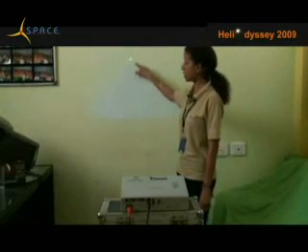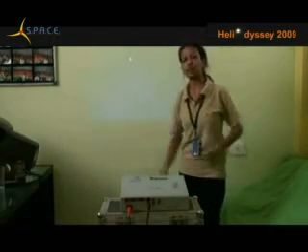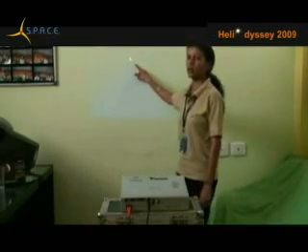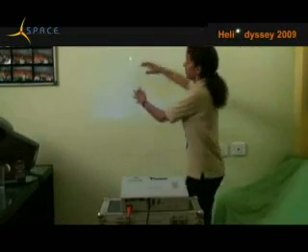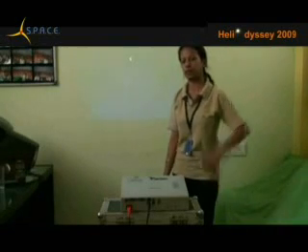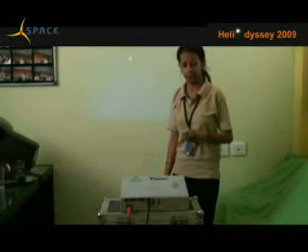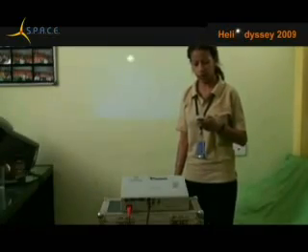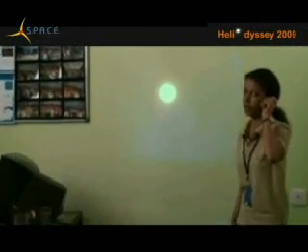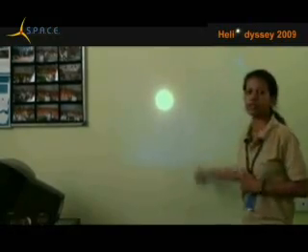But the problem is this dot is too small over here. If in case we have 100 or 200 or let's say 500 audience sitting, they cannot see this dot as properly as if the dot would have been bigger. So now what to do? I will just call my friend, who is standing outside using the handycam, and I'll ask him to zoom in on this image. Now as I'm instructing my friend, he is zooming in on the sun, right, and we can now see a big circle on the screen.